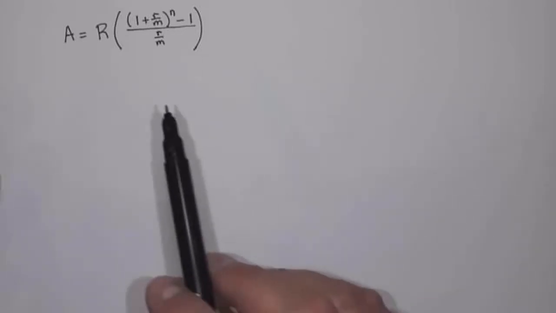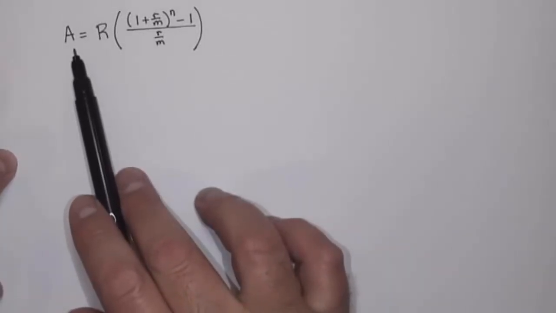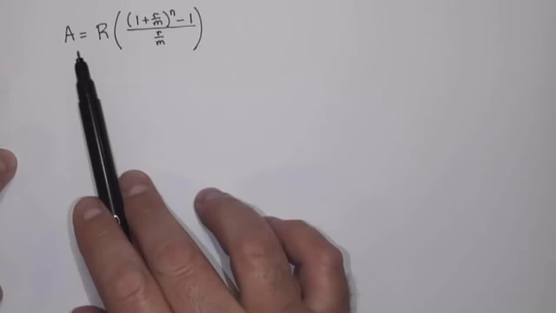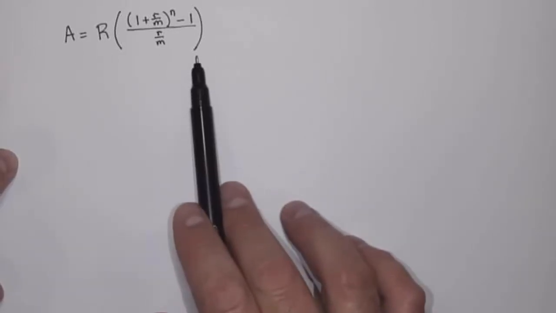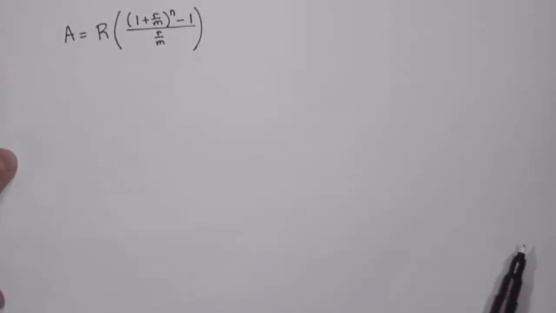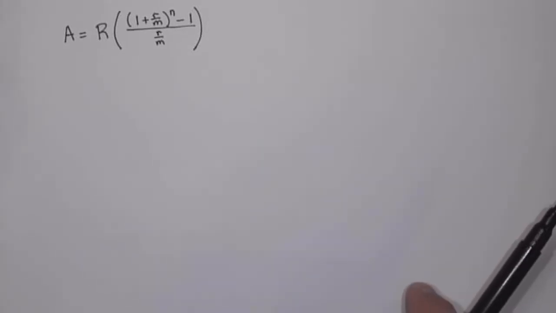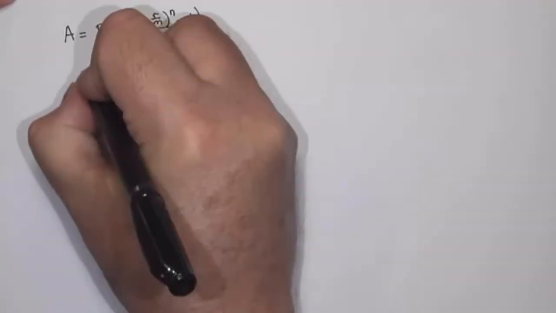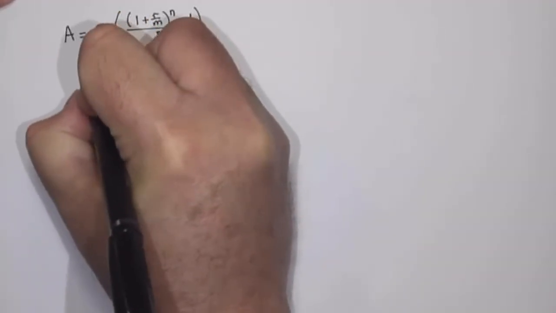So in this video, I want to explain where our formula for finding the future value of an ordinary annuity comes from. And the truth is it just comes from algebra. So I want to begin by looking at a well-known rule from algebra, and that rule is that if we